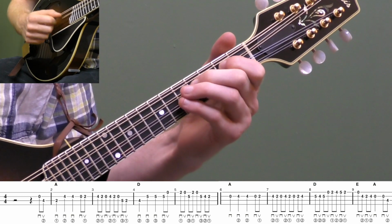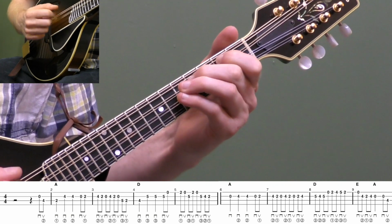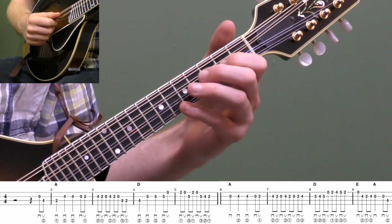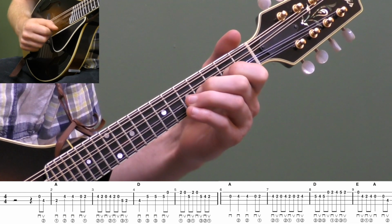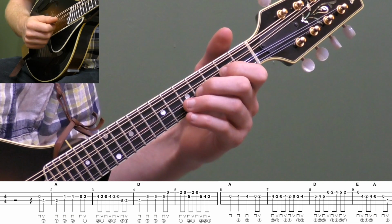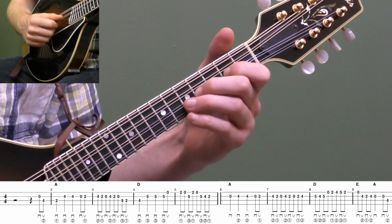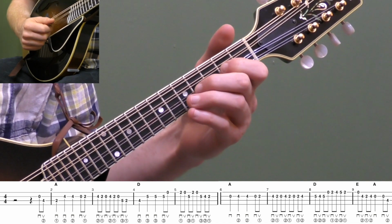So we have... and then we're going to do open 2 on the A string on 4 and then a little run. I'll play it and then I'll break it down. So what are we doing there? It's a very common fiddle or mandolin inspired scale run. We're going 4-2 open on the A string, and then going back down those notes again,